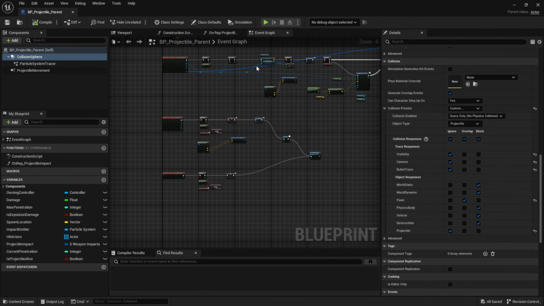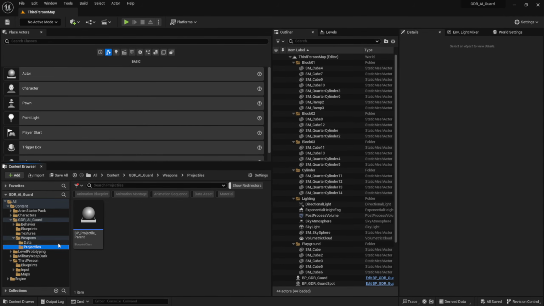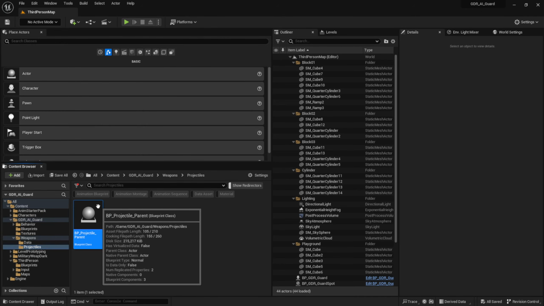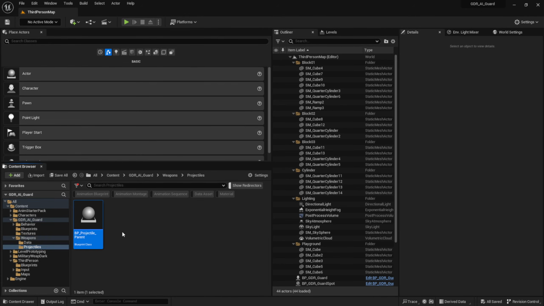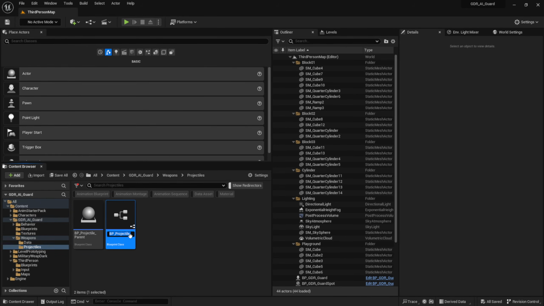So now we can take a look at creating a child blueprint to be able to create different types of projectiles. So we have the parent projectile over here, and for example, if we want to have a projectile that represents a bullet and another one that represents a grenade from a grenade launcher, then we can simply make different childs. So we're going to right click and create a child blueprint class. And let's call this projectile bullet